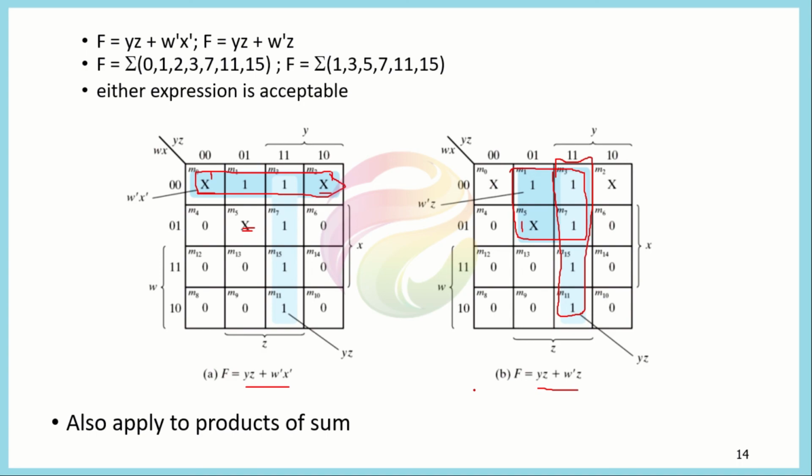And you can also apply this method to the product of sum form or the complement function which we have discussed, because if you want to minimize the complement function, then you will be considering 0, and when you are considering 0, you can take this x to be 0 if it could add a minimizing effect. So you could take this value equal to 0 if you like, for the complement only.